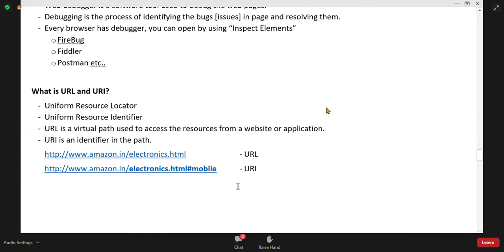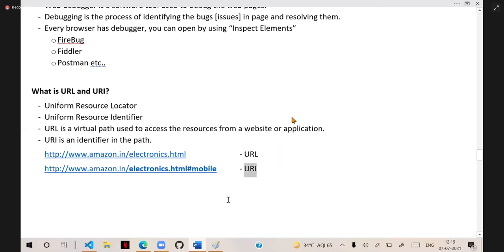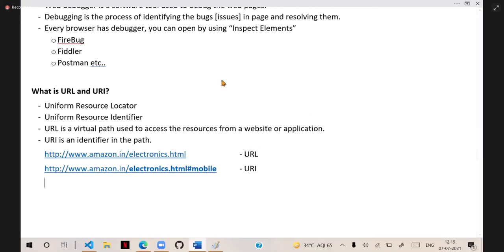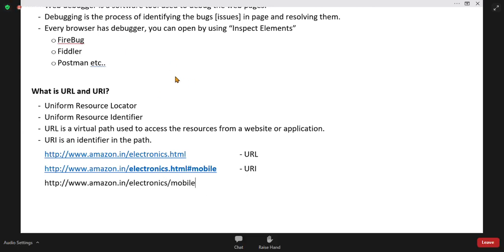Because these days in interviews, this question comes very regularly, since many people don't know URI. Many people just know about URL. And these days, these URIs are very complex, a little bit different. You will see http://amazon.in/electronics/mobile like this.